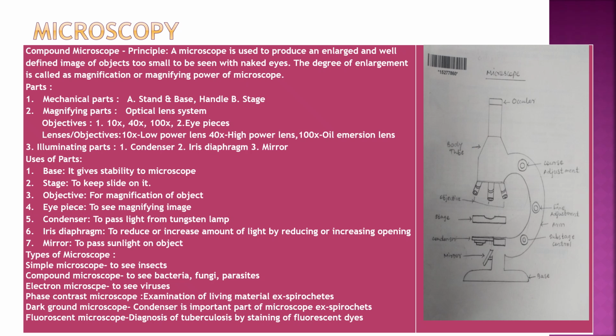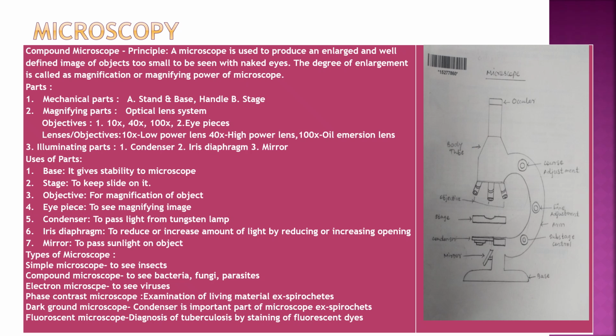Magnifying parts: the optical lens system, objectives 4x, 10x, 40x, 100x, and eyepieces. The 10x is low power, 40x is high power, 100x is the oil immersion lens, and 4x is the scanner. Illuminating parts: condenser, iris diaphragm, and mirror. The uses of parts: the base gives stability to the microscope, the stage is to keep the slide on it,